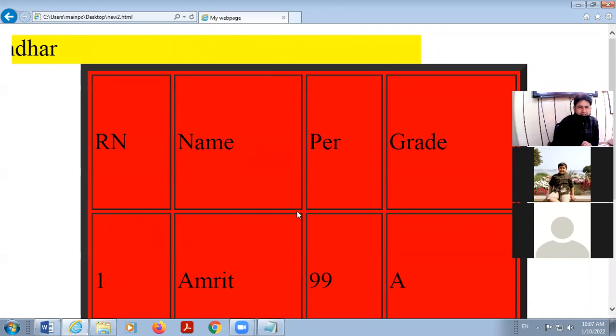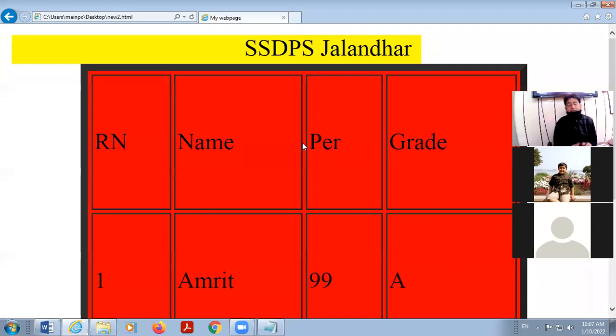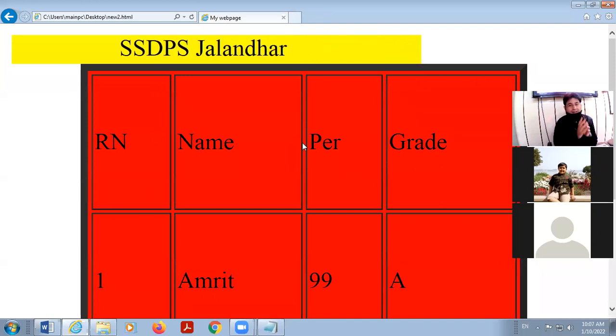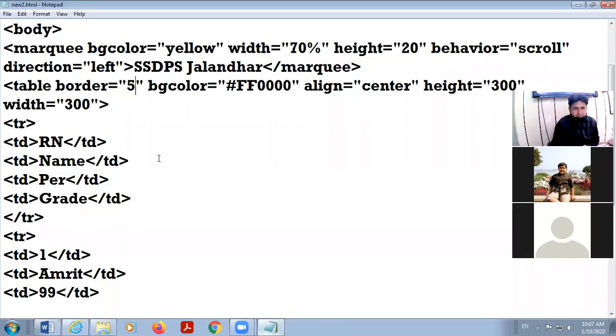Now, the gap between two cells is very less. Okay, the gap between two cells. If I want to increase it, there is one attribute of table tag that is called cell spacing. So I'm using here cell spacing. Don't give space between cell and spacing. It is a complete word.